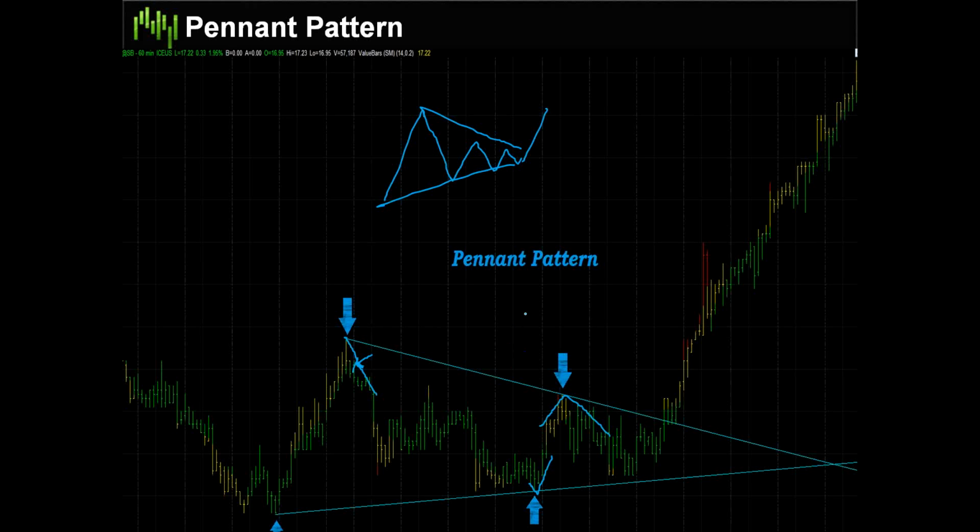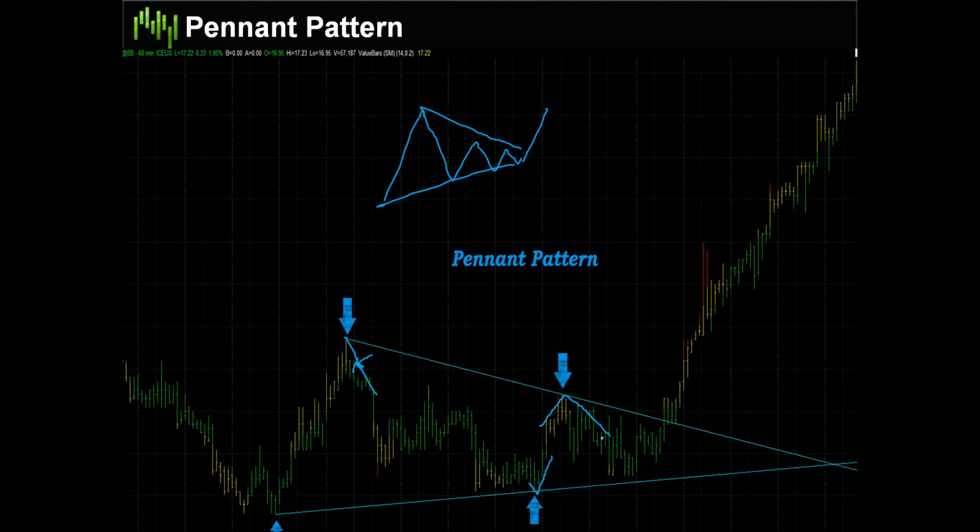Again, with a pennant pattern, you're just looking for the market to have had a large initial move, and then consolidation gets tighter and tighter and tighter, getting ready to break out. A lot of times you'll get these kinds of patterns before announcements. If a market's holding its breath, waiting for an announcement to come out, so it can have the fundamentals to drive it one direction or the other, you'll have these types of patterns a lot of times because the market's just consolidating, waiting to move.